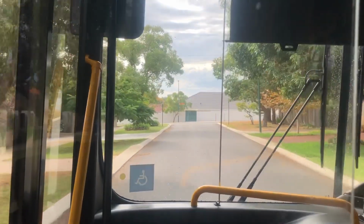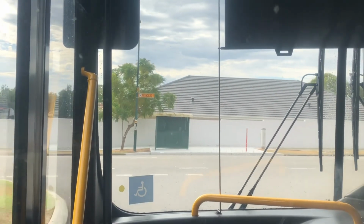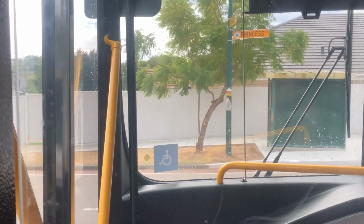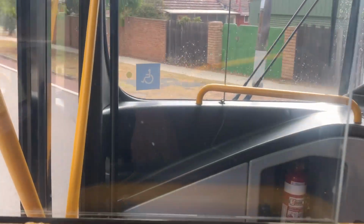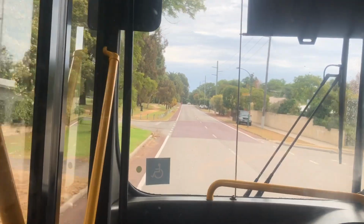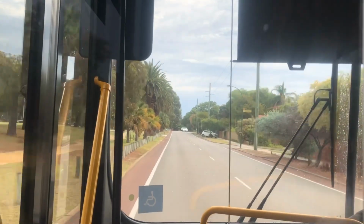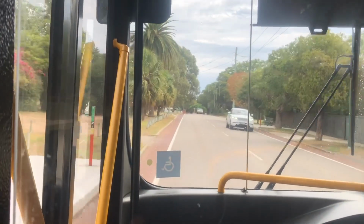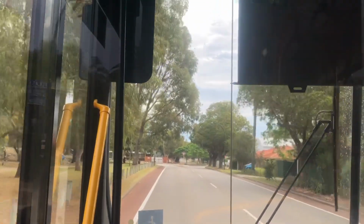And he literally skipped the stop, like what the hell? Is there people over there that's... Oh, there's actually a sign on the stop saying don't stop or something. Are they changing the deviation? They might be changing the deviation or something, but I saw a sign on the pole over there for that stop saying that it may not be used or something. Yeah, we just skipped that stop, no one used the deviation, so...